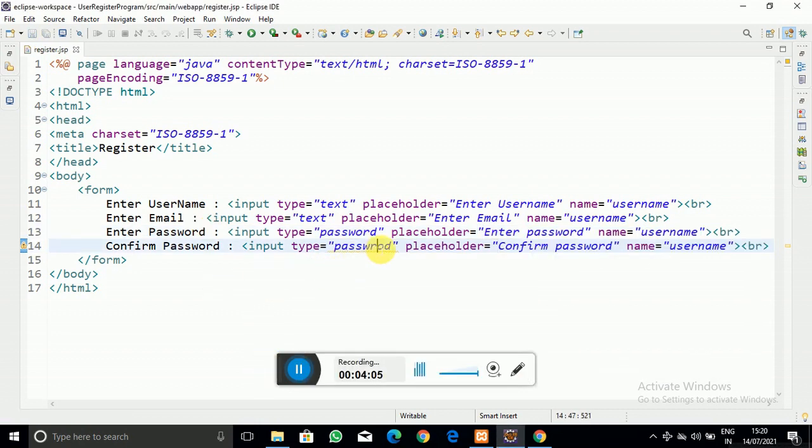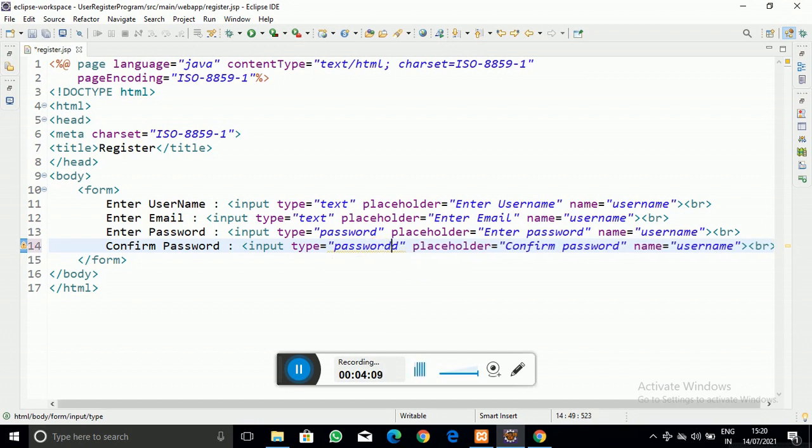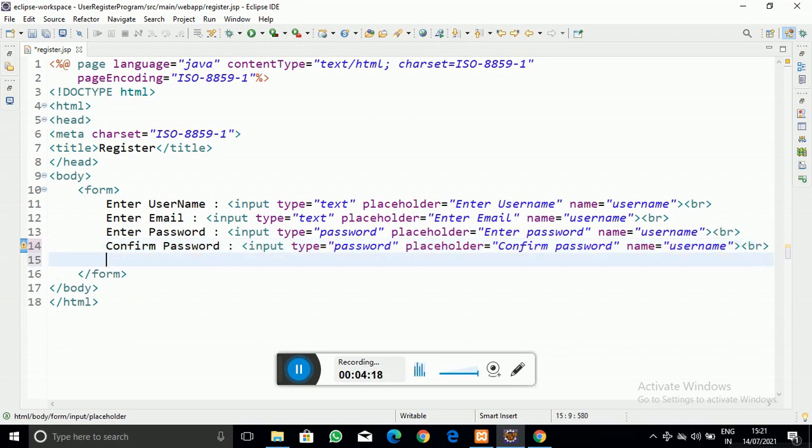And also you can see that we require two buttons to click on. So just create the two buttons, which is input type equal to submit button.